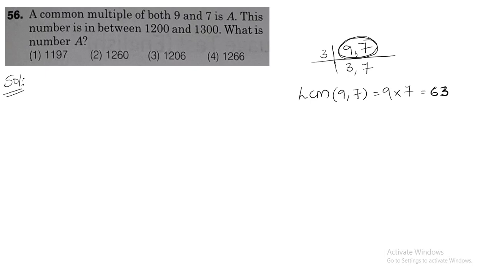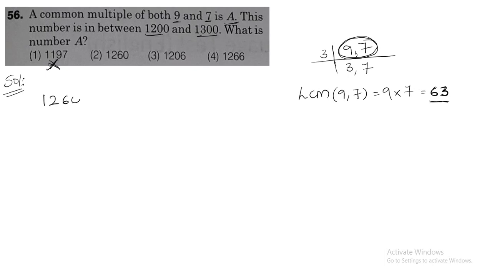It is nothing but 63. Now this particular A is lying between 1200 and 1300, no? So the multiple of 63 we need to consider is the one lying between 1200 and 1300. Hence this particular value is not my answer. Clearly 1197 does not lie between 1200 and 1300. Okay. Next, we can just verify the divisibility rule of 9 and 7. First of all, this is cancelled, so there is no option for this.